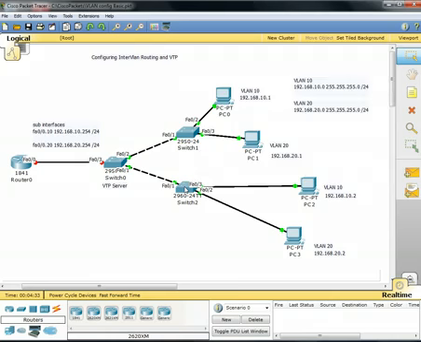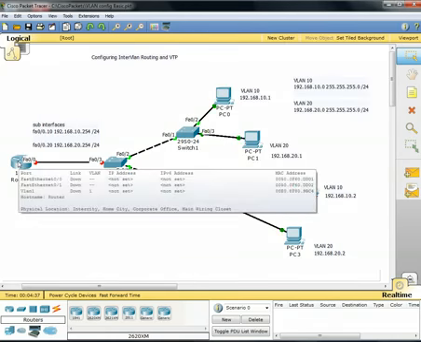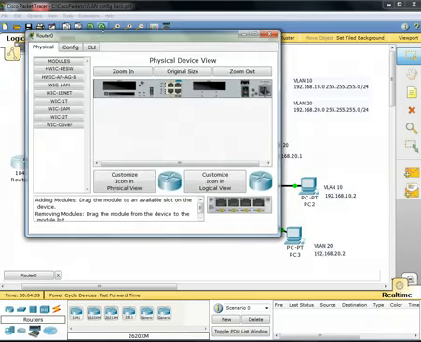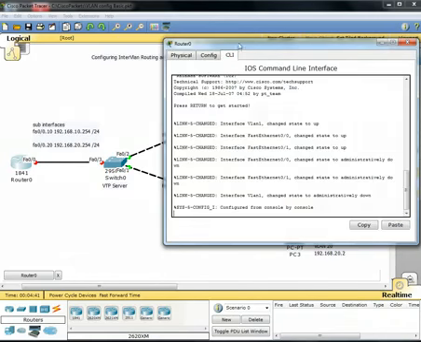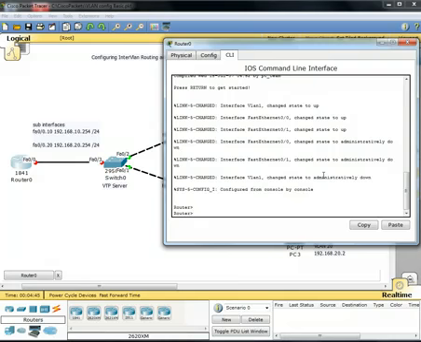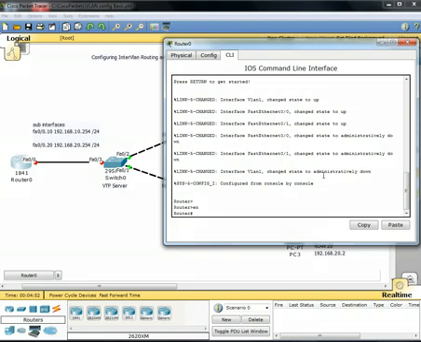First thing we'll go ahead and do is set up the sub-interfaces on the router here. We'll click on the router here and go into the CLI tab. I don't have any password set up on the router or any of the other devices, just for simplicity's sake. We'll just type in the enable command. Now, if you're not familiar with configuring Cisco routers,